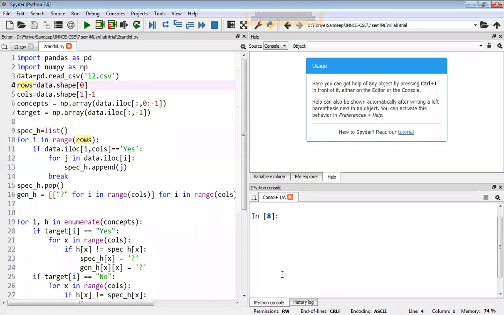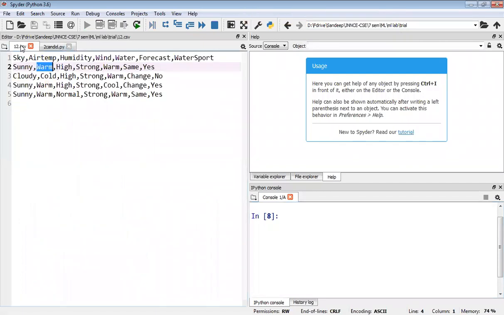What are we going to get in the candidate elimination algorithm? What is the output of the candidate elimination algorithm? Again, in the candidate elimination algorithm, the input is the same data set. Yesterday I had not uploaded the data set into the drive. Today I will upload it. For the first program and second program, the data set is the same. So this is the CSV file for both programs, for the Find-S algorithm as well as for candidate elimination.